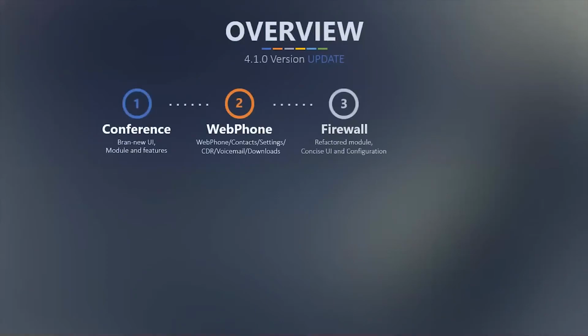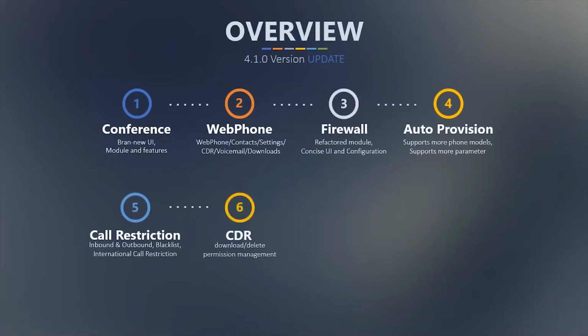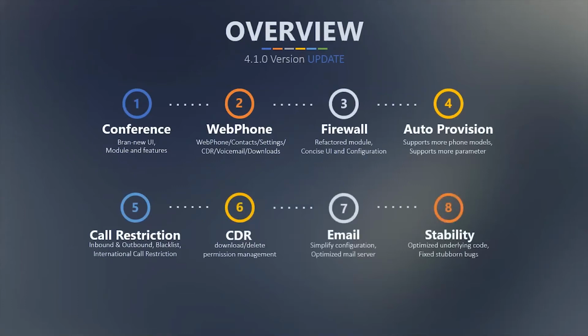Based on the 3.2.x version, which was upgraded to Asterisk 16, the latest version 4.1.0 provides a new conference function and a web phone suite based on WebRTC. The new conference function is a control panel module, with contact groups and more operations waiting for users to explore. The web phone suite under the Me module integrates features such as phone book, voicemail, CDR, function code, web phone,